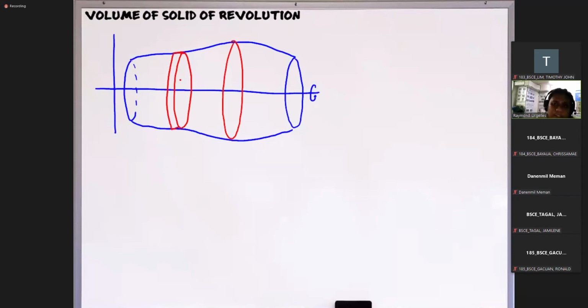So for a circular disc or for a circular cylinder, the volume is just given by pi r squared h, di ba? Kaya kailangan lang natin i-add up yung pi r squared h ng mga cylindrical discs natin dito, or yung mga circular discs natin. So now, ang una nyo kailangan malaman dito is itong thickness ng disc. Tawagin na lang natin as dh. Nakadepende kasi siya kung nasaan ang axis yan. Pwede yung dx, pwede rin siya maging dy, di ba? Kaya ito yung una nyo kailangan malaman. Ano yung dh, sa solid of revolution natin.